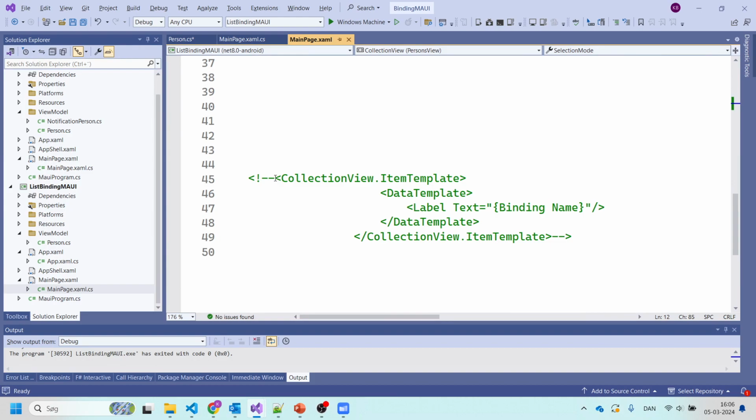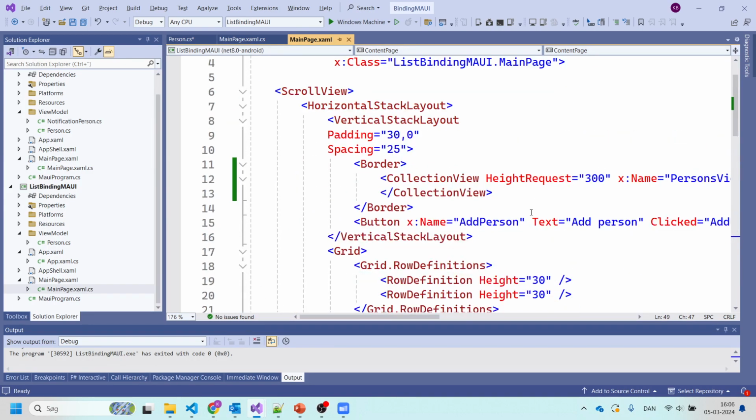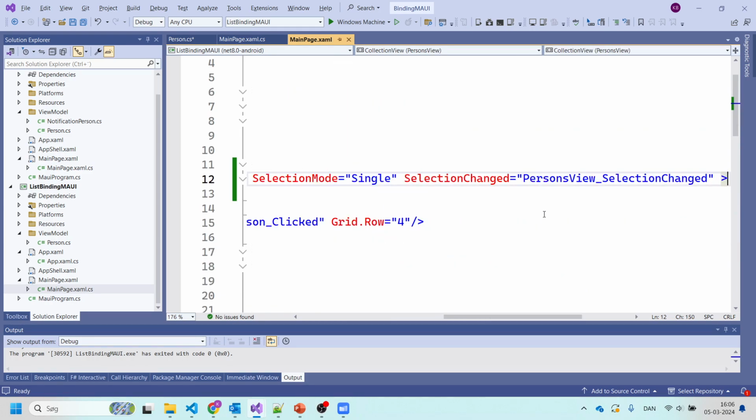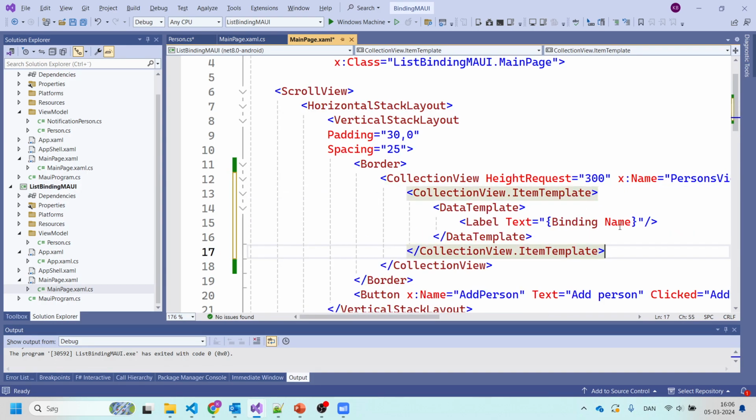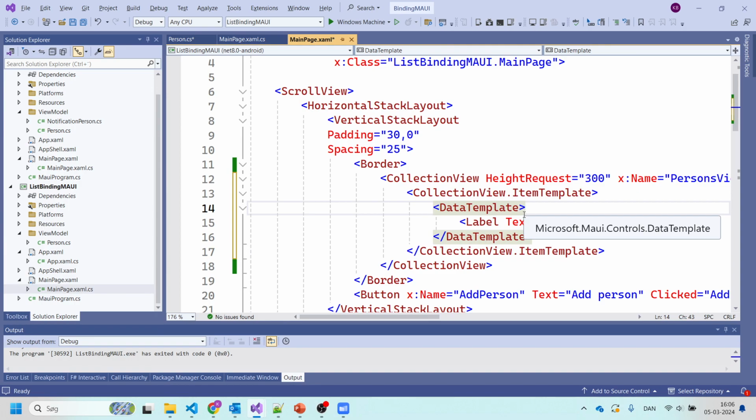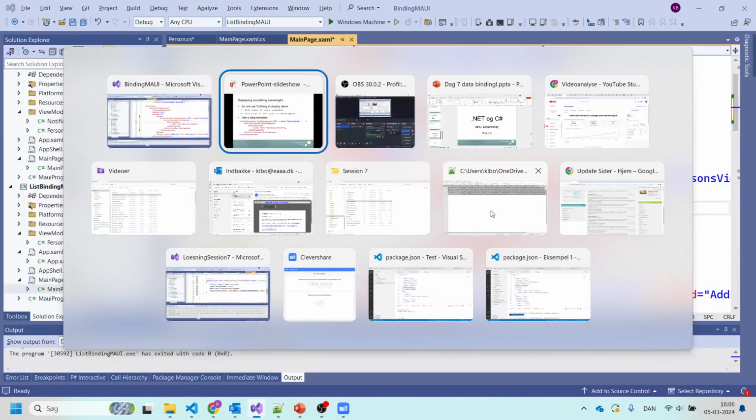You see I hid it down here, right there, copy, and you put it between the starting tag of the collection view and the end tag of the collection view. That's why I made a start tag and an ending tag. Now this one just displays the name,